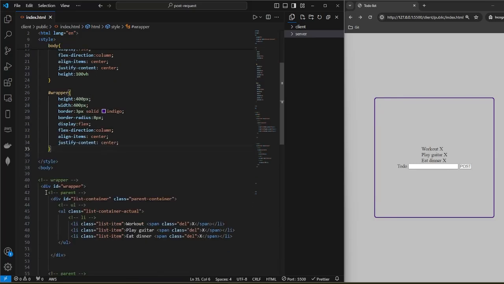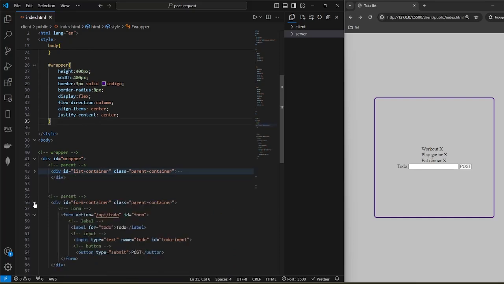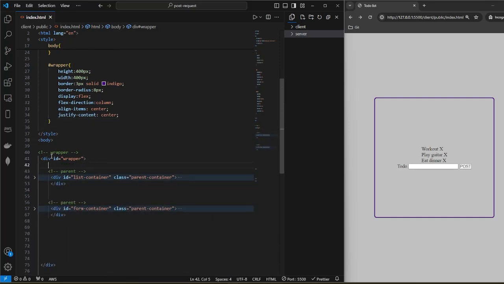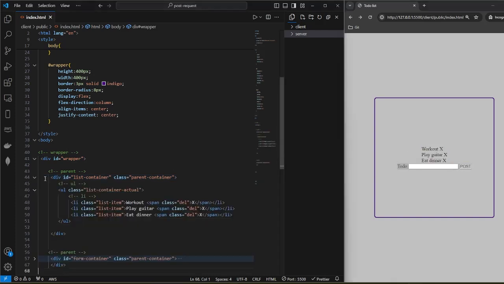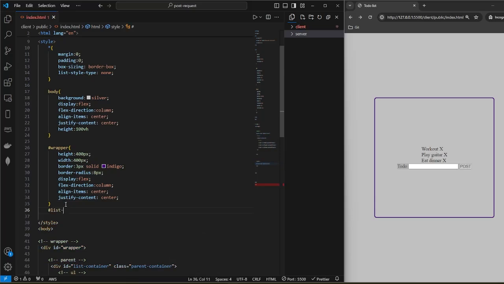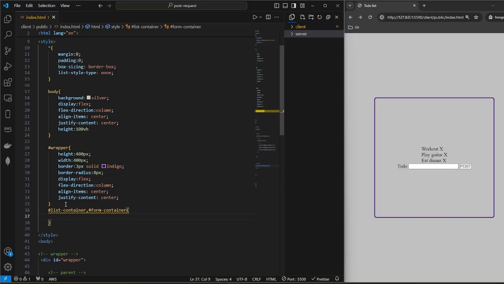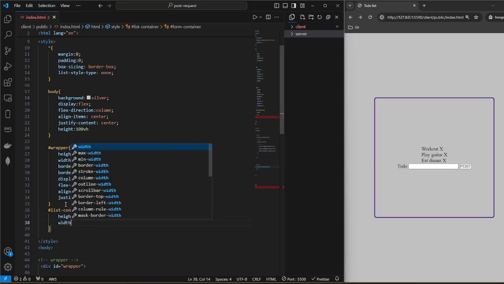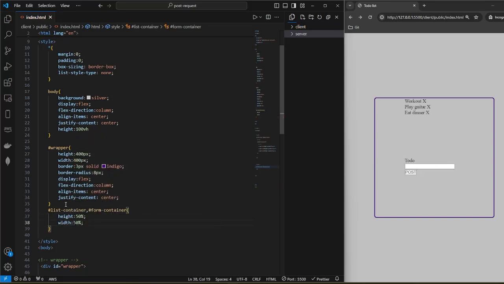Now that we're done with the wrapper, we are set to our 2 parent components. So imagine we just got done getting this wrapper borders out of the way, and that's what this border represents. Now we got to get those 2 major components, the list container and the form container. Let's start with the list container and get that situated. What I want to do with both of my parent components, we can target both of them, list container and form container. We can say height 50%, width 50%,